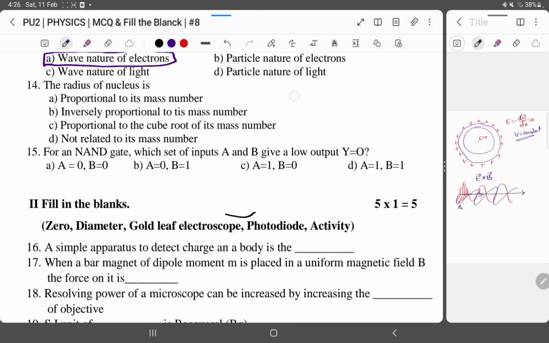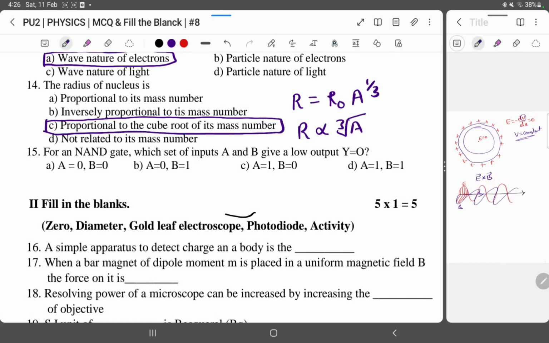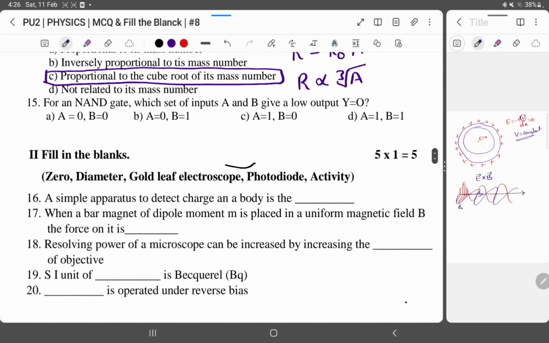See, we have the formula for radius of nucleus, r is equal to r naught A power 1 by 3. That is, r is proportional to A power 1 by 3. Here A is the mass number. So A power 1 by 3 is nothing but the cube root of A. So which option is correct here? Proportional to cube root of its mass number. This is the correct answer. Next,